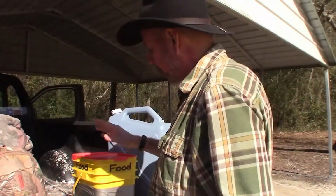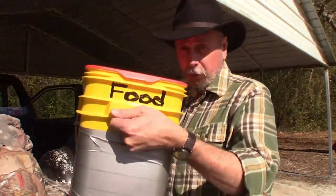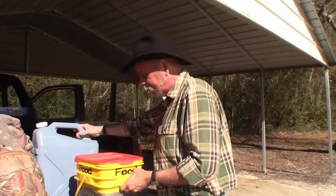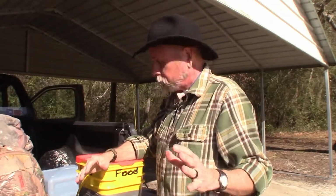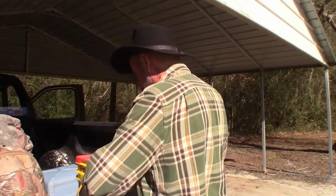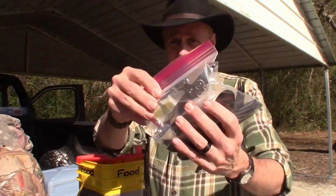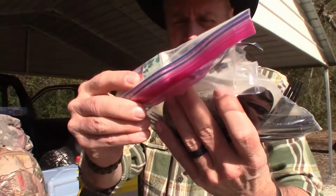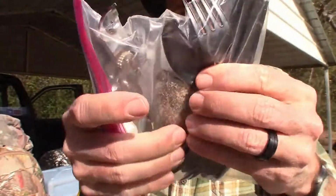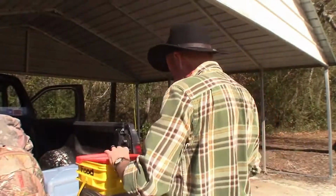Alright, so the last thing I want to go through here is this food. You can see here, this is my emergency food storage that I have in the bed of the truck. I want to go through it, see if there's anything that needs to be rotated out or changed with it. So let's see what we got in here. I do have a manual can opener, some matches, some spice there with a little bit of seasoning and salt and pepper, plastic forks and knives,